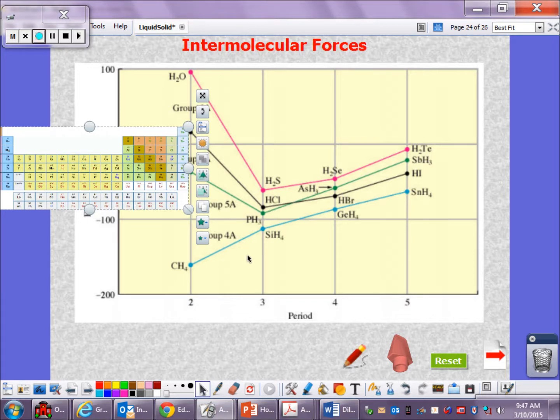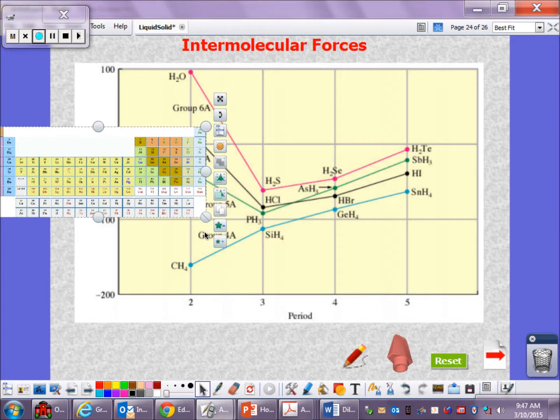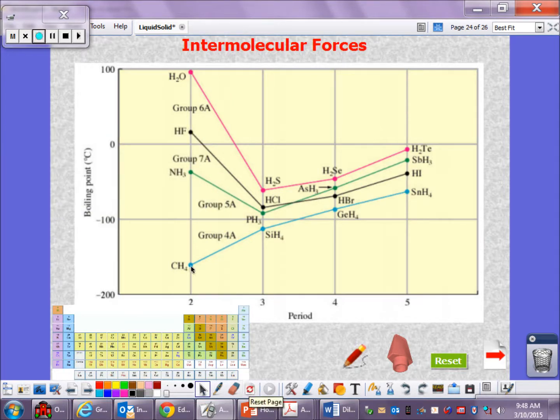This is chlorine, bromine, iodine. Okay, chlorine, bromine, iodine. As you go down, you have a larger size of atom. The intermolecular force will be stronger, and then you have a higher boiling point. But let me reset and show you what's going on. Okay, very nice trend,